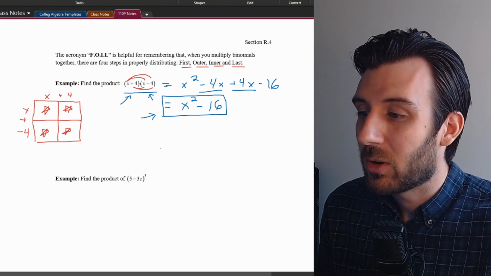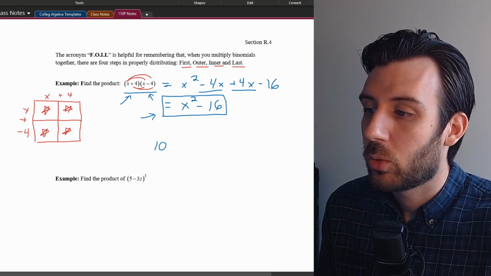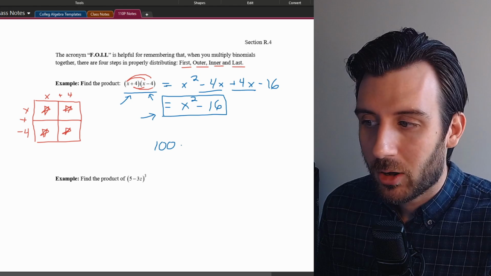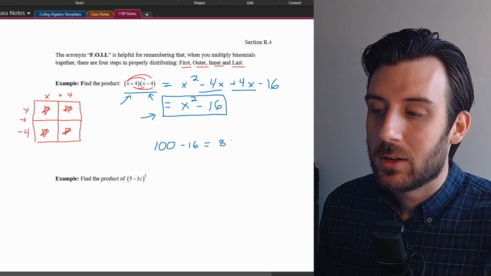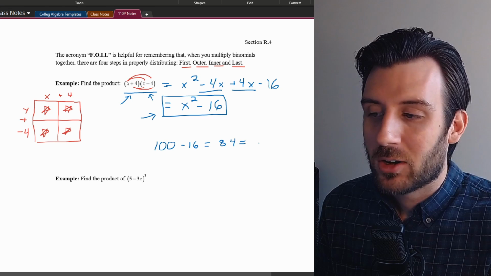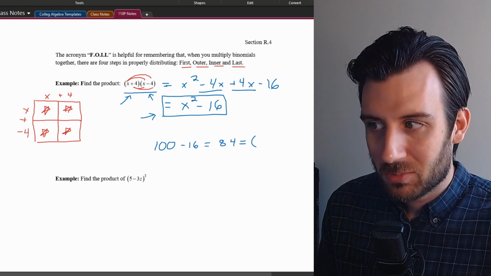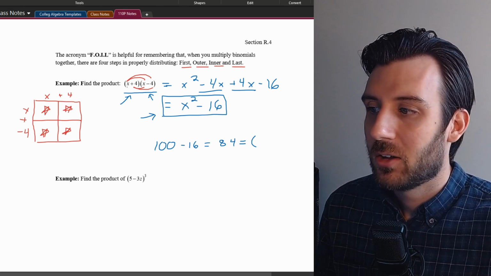Let's look at a quick example of that one. If I said, give me the square made out from 10, that would be 100, and then take 16 away from that. That leaves you with 84. And I can tell you without doing any math, any thought in my head, just because I understand this structure right here,